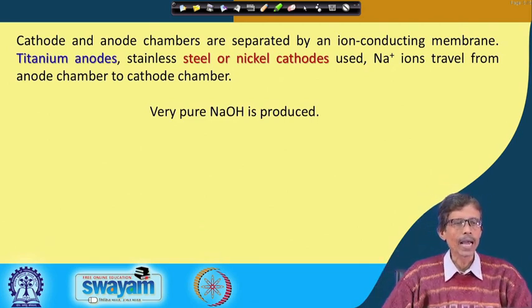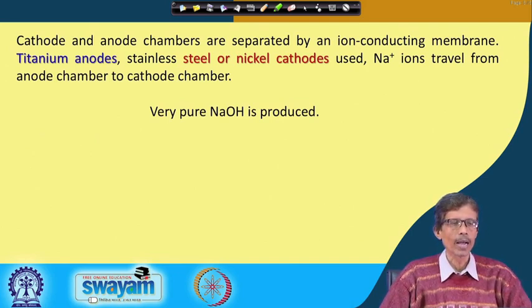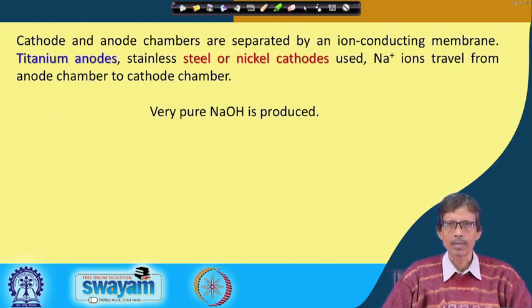And you have the anodes, which are titanium anodes, as well as the nickel or stainless steel cathodes. As a result of using this membrane, sodium ions travel from the anode chamber to the cathode chamber. That allowance is why we are able to get sodium hydroxide production from a particular chamber